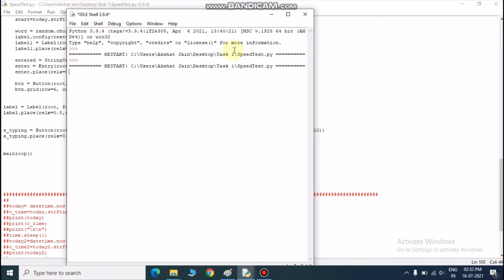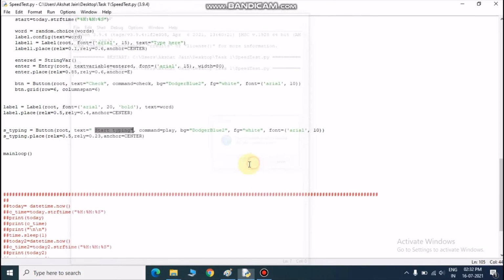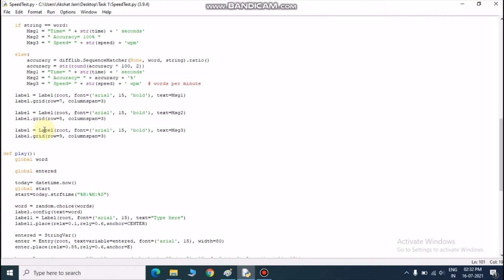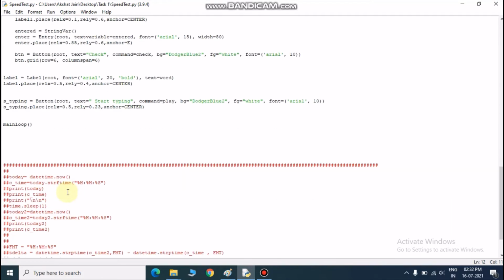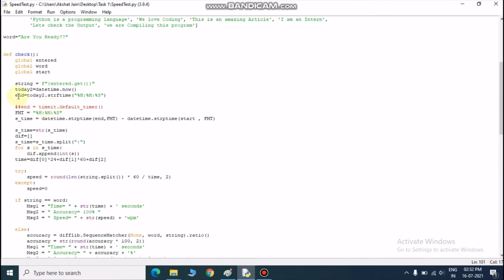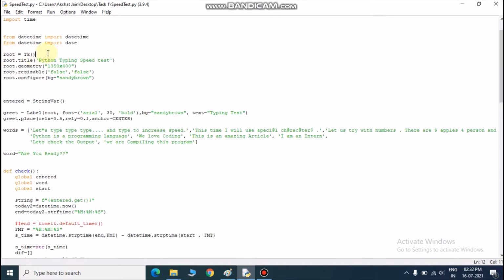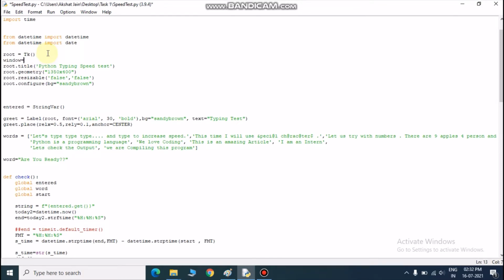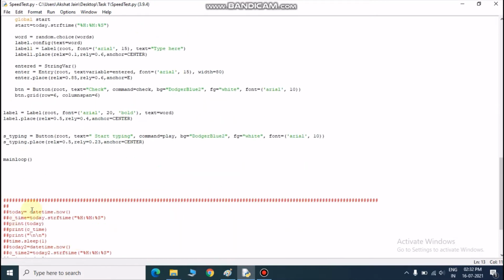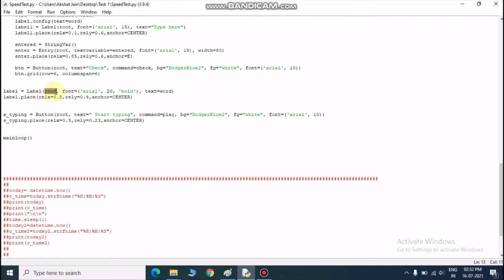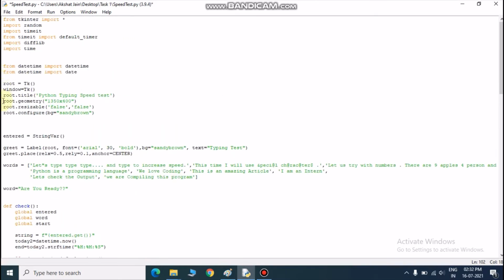So now let's move on to next things. Just let me close this. Now I have defined a label, and I also want to tell you what this root is. This root is this variable. So I want this label to be placed on this frame. Suppose I have another frame named window, and I want this label to be placed on that window frame, then I will simply change it to window. Currently we don't have any other frame, so I will just place it on root only, and I will just remove it.